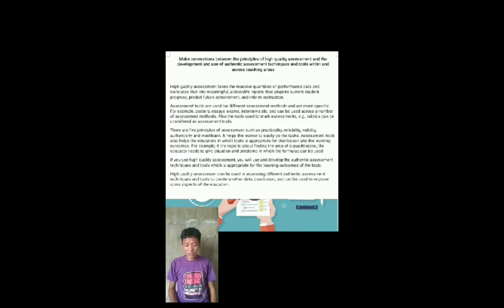If you use high quality assessment, you will use and develop the authentic assessment techniques and tools which are appropriate for the learning outcomes of the topic. High quality assessment can be used in assessing different authentic assessment techniques and tools to create another data conclusion and can be used to improve some aspects of the education.